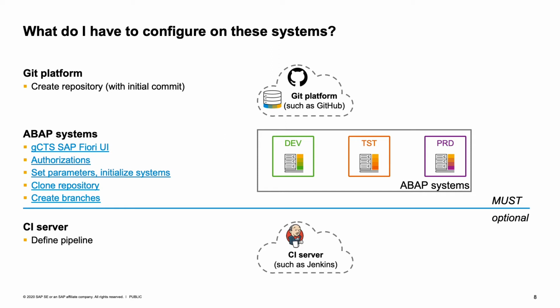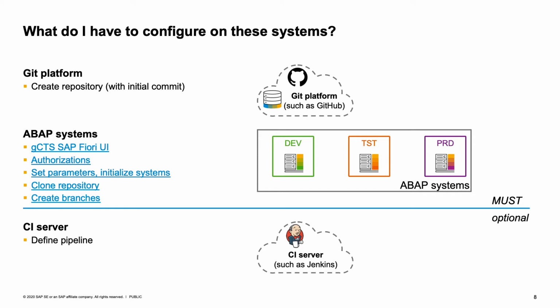When you think about GCTS, it's a bit different. Then the ABAP server is somehow the local development environment. So you don't have the whole development environment, the whole ABAP runtime or whatever on your local laptop. You use still the ABAP server where you develop stuff, where the transport requests are created and so on. And therefore, the repository has to be cloned to this ABAP server and not to your local laptop. So that's a big difference if you think about how you might work with Git in other development languages.